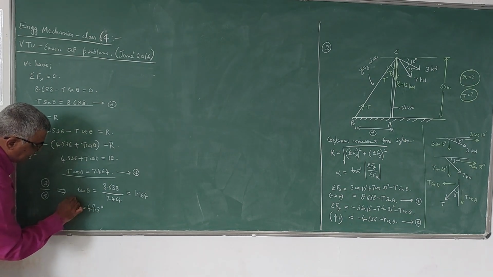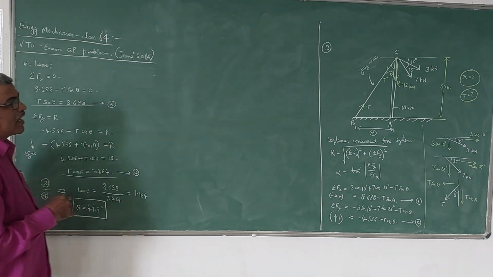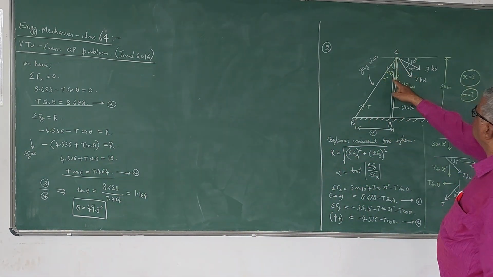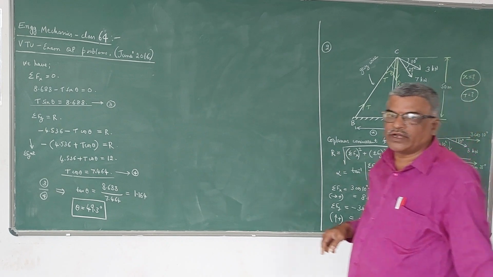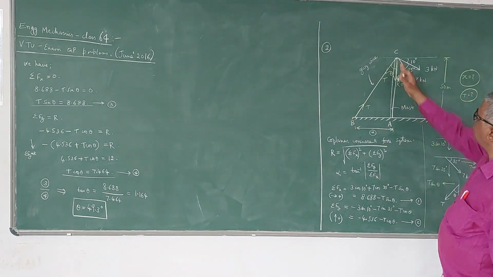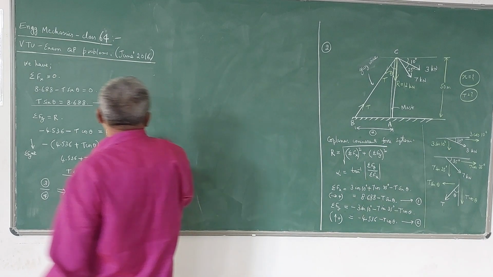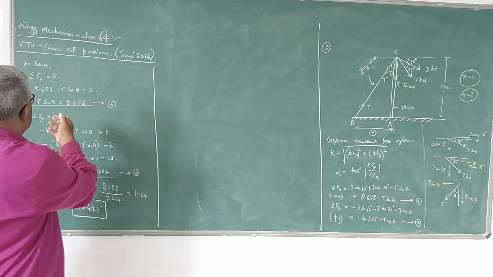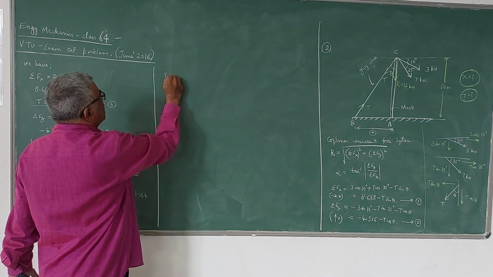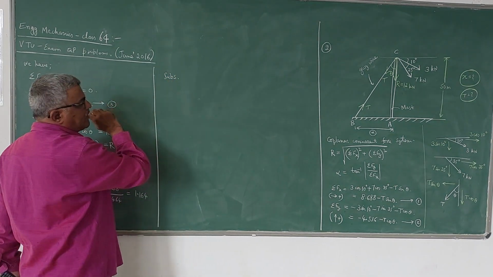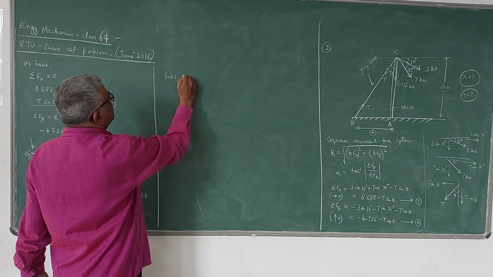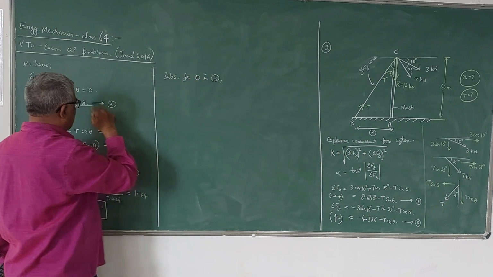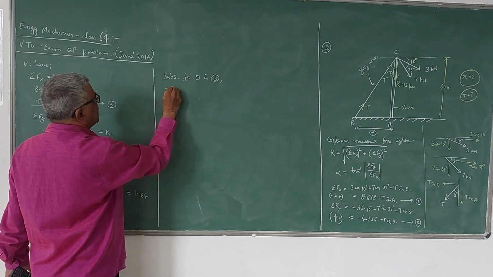So this is the angle theta. This angle theta made by the guy wire with the vertical mast is 49.3 degrees, so that the resultant acts vertically downwards. Once you get the value of theta, now the tension in the spring can be found out easily. Of course he has not asked us that, but anyway we will find out. Substituting for theta in equation 3 or 4, any one of these two equations, you can get T is equal to